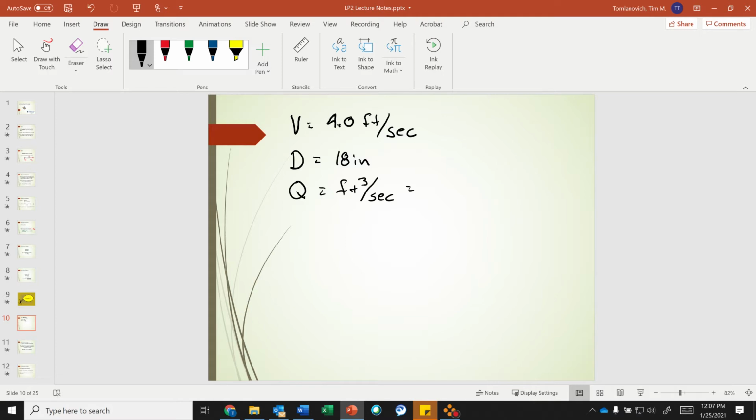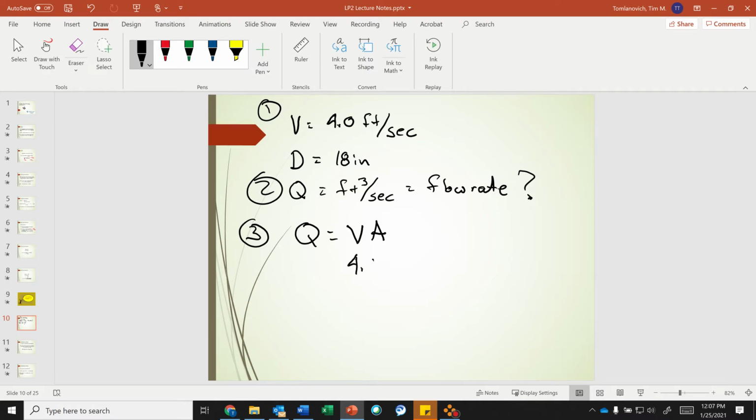Flow rate is Q. Flow equals flow rate. Okay? So these are what the problem gives me. This is the question right here. Now, we know Q equals V times A. So it's asking for flow, so we don't have to do any algebra here. We know V equals 4.0 feet per second, and we multiply by the cross-sectional area, which is pi